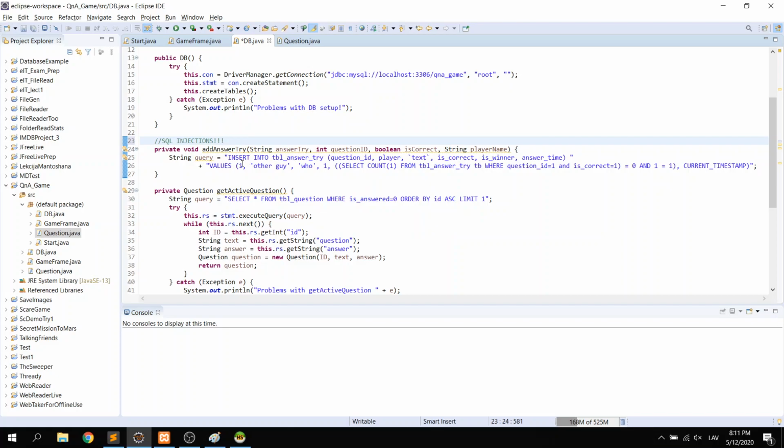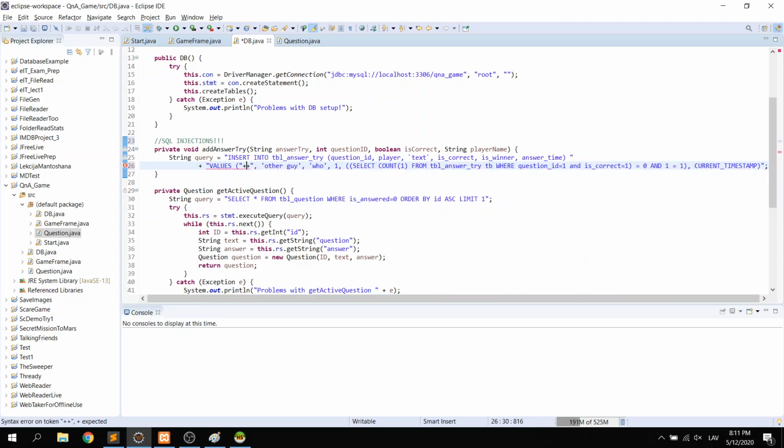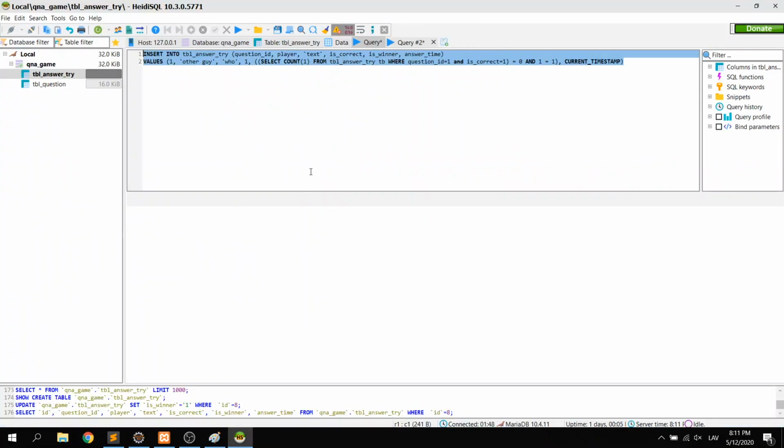Because basically, if you are allowing this value to be simply concatenated, let's say a question ID like that, or maybe let's say the answer try, then the player who knows that this piece of application is susceptible to SQL injections, he could say that his answer